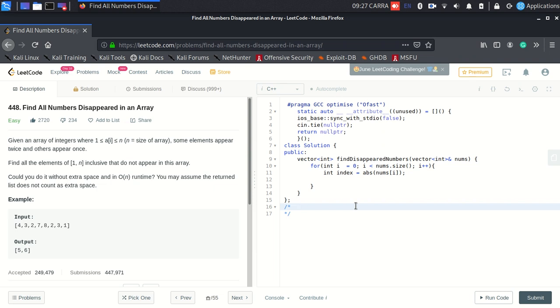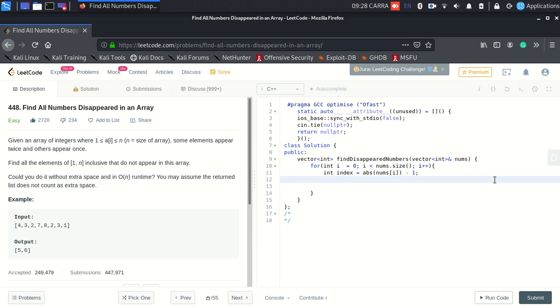So if I ponder upon the number 3, I should go and mark the third element, but the third element will not lie at index 3, it would lie at index 2, because this is 0 based indexing. It starts from 0, 1, 2, so the third element would be at index 2. So whatever index I ponder upon, I need to do a minus 1 with that. I hope it's clear.